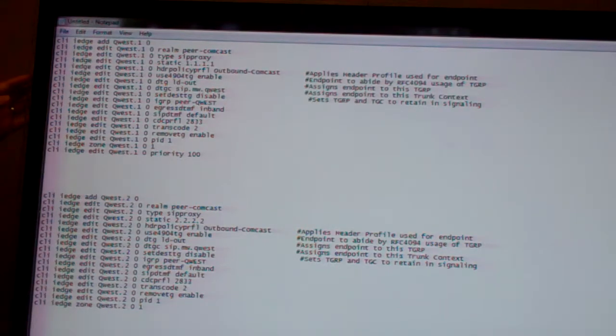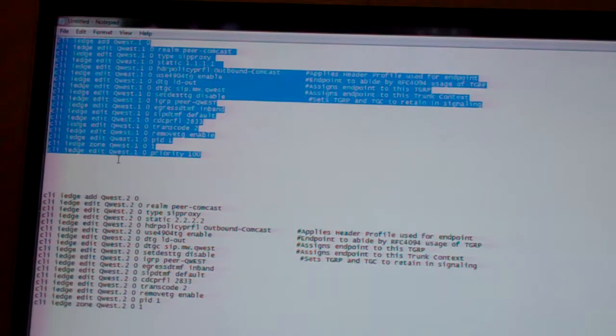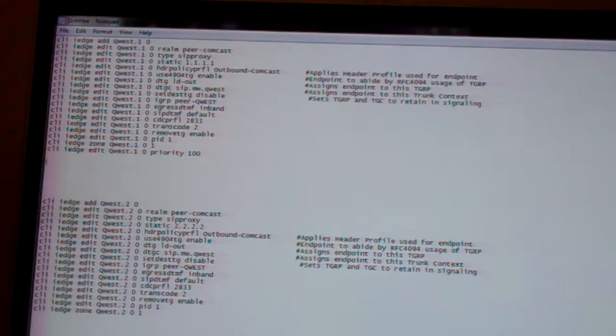So let's say that now we're sending stuff to Quest with SIP. Let's say Quest also, for example, wanted to do H323, right? I can't go in and add H323 to this endpoint too, because then when I try to go hit this endpoint, I'm going to say, well, he's already a SIP endpoint. He's a SIP proxy. Sometimes there's certain calls I want to route to Quest that do SIP, and certain calls I want to route to Quest that do H323. So now I'm going to create another endpoint, or another U-port,